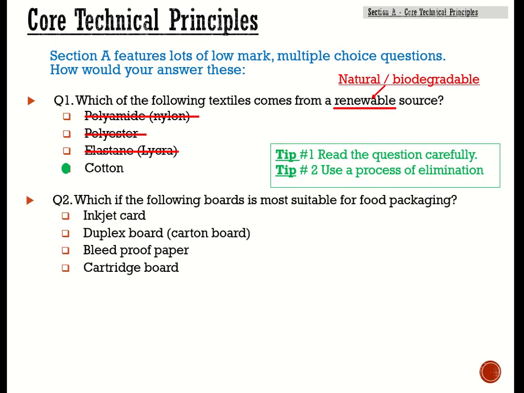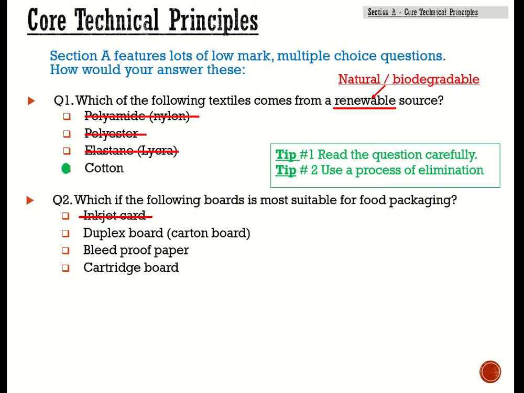Here's another example. Which of the following boards is most suitable for food packaging? Right, inkjet card. That is obviously for printing, so that wouldn't be suitable, so I can rule that out. Duplex board, could be that. Carton board, that's a good hint that that might be used for cartons of something, could be food. Bleed proof paper, that's a possibility as well, because I think you wouldn't want food to leak out, that'd be